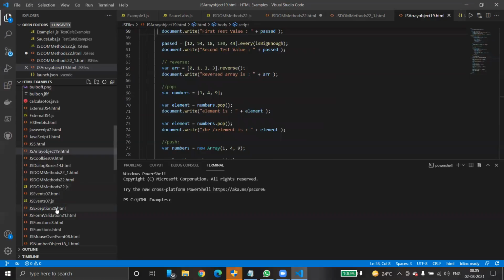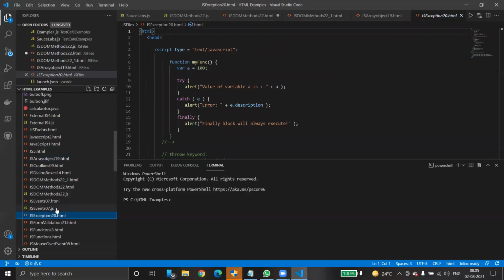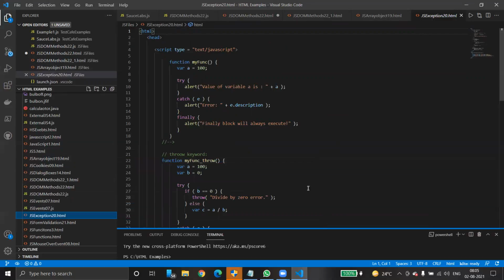Now let's see exceptions. It's almost like Java only. This is the syntax for JavaScript exceptions. Look here, we have used a try, catch, and finally block. We are using a function called my function, and we declare a variable a equal to 100.